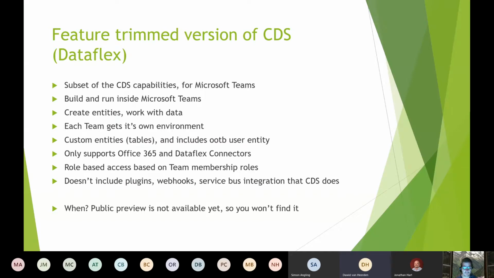With DataFlex, yeah. The only thing I would say is, these are initial metrics or data points. They may change, because we're not even in public preview yet. So as things change, by the time it's generally available, maybe they're bigger, maybe they're smaller. But yeah, that was the initial guidance.